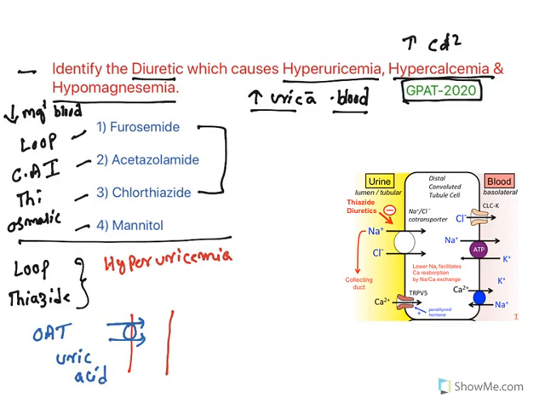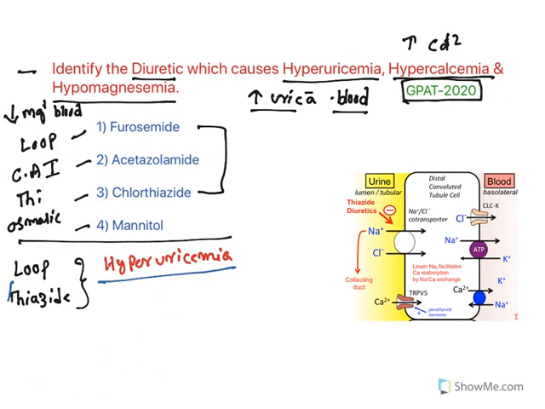to the nephron lumen. So there occurs a competition between loop diuretics and thiazide diuretics and uric acid to get into this lumen. When people take these drugs, because of the competition, uric acid remains inside the body, whereas loop and thiazides will get to this nephron. Due to this effect, both the drugs will cause hyperuricemia. Clear? So this condition is shown by both the drugs.